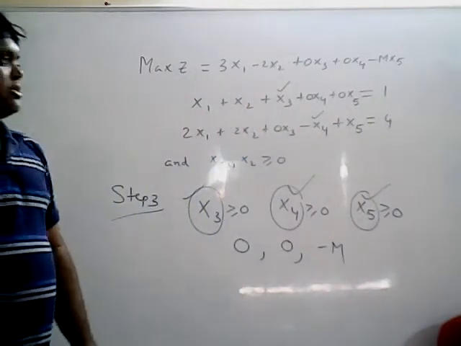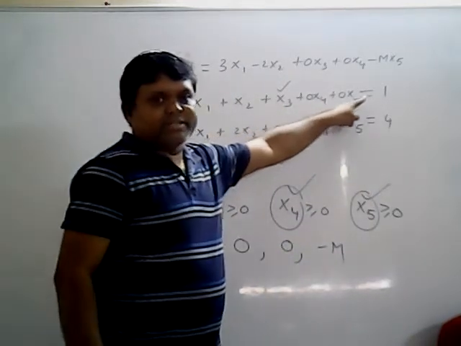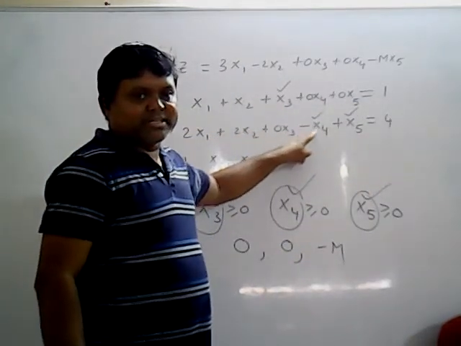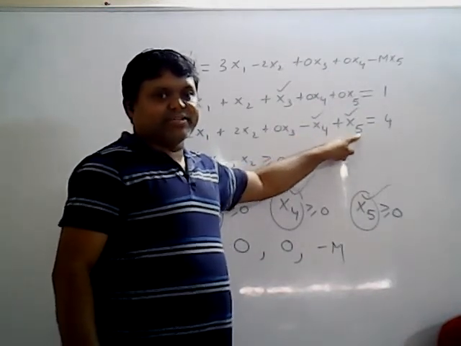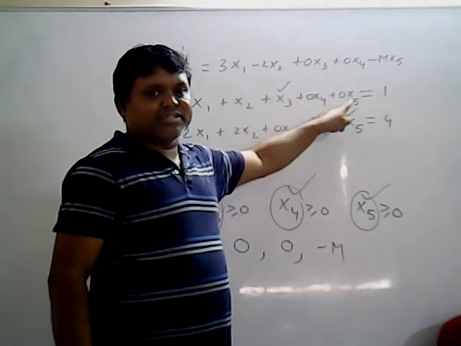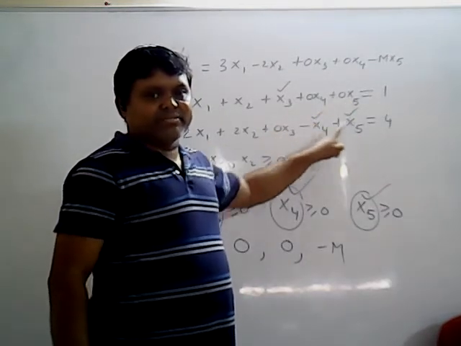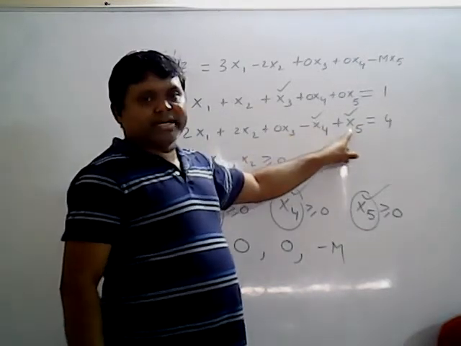Okay. Now see. When a slack variable is added, the inequality becomes an equality. When a surplus variable is subtracted, the inequality becomes an equality. But for the existence of the solution, you require x5, an artificial variable, for the second constraint. Slack variables do not require artificial variables. Only surplus variables require artificial variables. So minus x4, and you are adding plus x5 here.